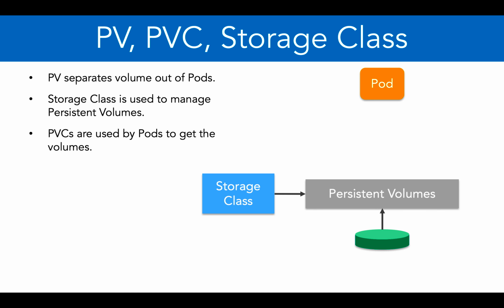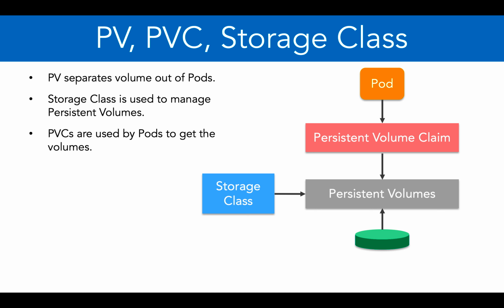And then finally we have persistent volume claims, which are used by pods to get the volumes. So we have this additional component or object which is persistent volume claim, and this will be used by the pods to get the persistent volumes. Now there's a catch on this entire diagram or the way everything is handled. Storage class would do dynamic provisioning using the cloud service providers. So storage class will actually use either AWS or Google Cloud or Azure Cloud to get the volume or increase or decrease the volume size for the persistent volumes.